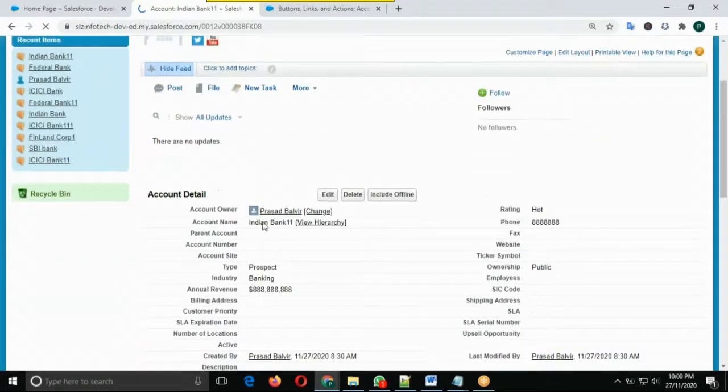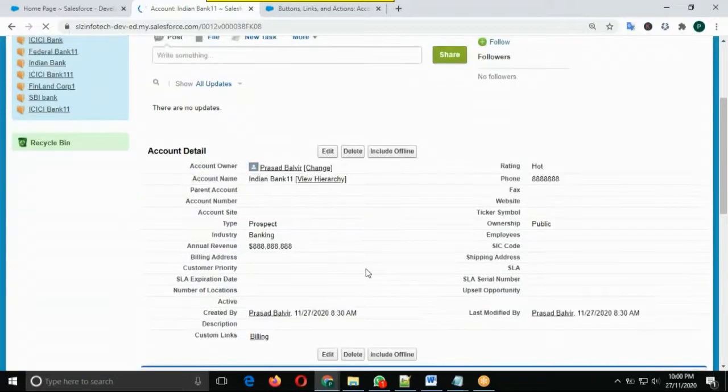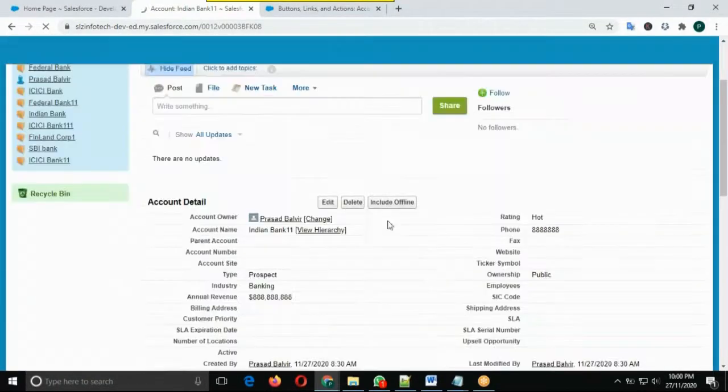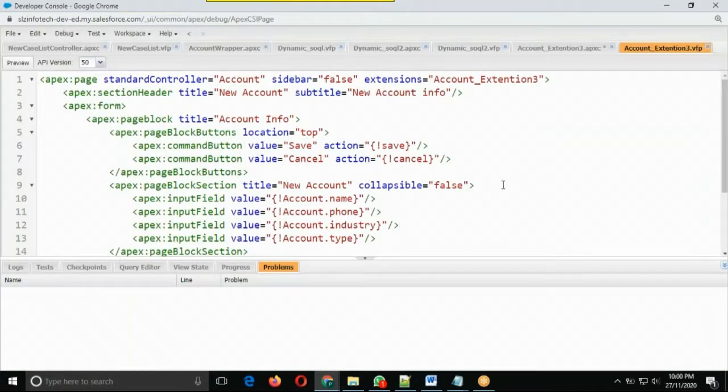The account is created, the new account is created. The purpose of the extension is only overriding the standard features, a standard button or standard features, depending on your customer requirement. For that we use the extension.